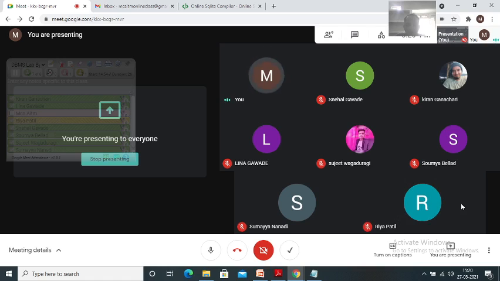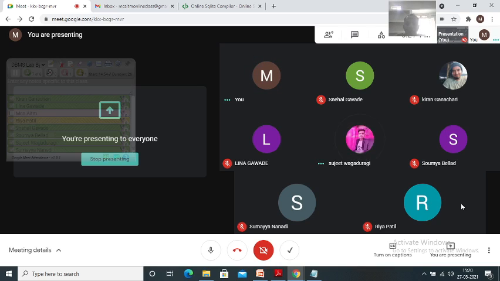Okay, Soumya, tell me. Primary key is unique and not null. Foreign key is one table's primary key referred to in the other table. Okay, Sujit. Sir, the foreign key is in the child table, sir.